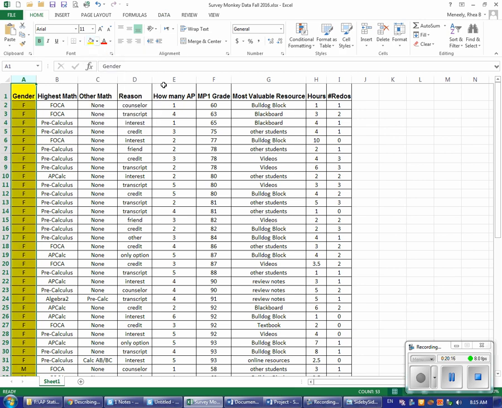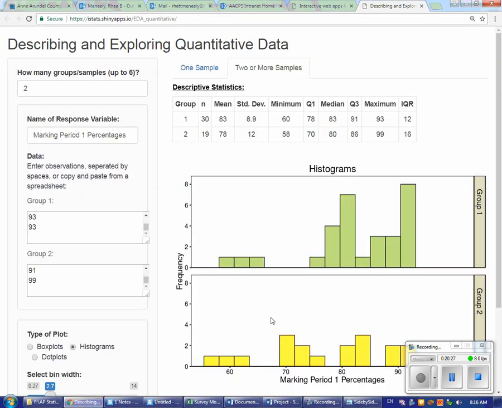Let's see, that's a fill, right? Yeah. So if I want to look at gender and the resource that my students find most valuable, those are the two variables that I want to compare. If I go back to my menu, so I'm going to go back to my Art of Stat, and so